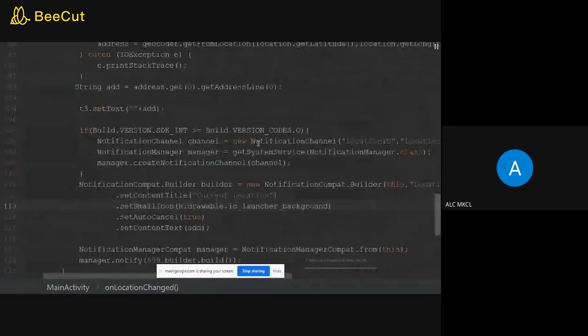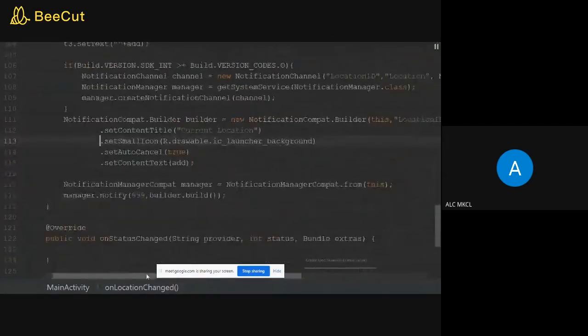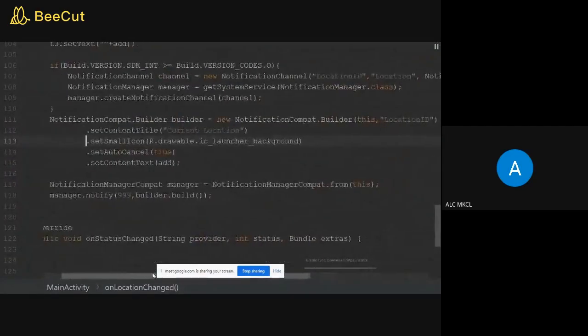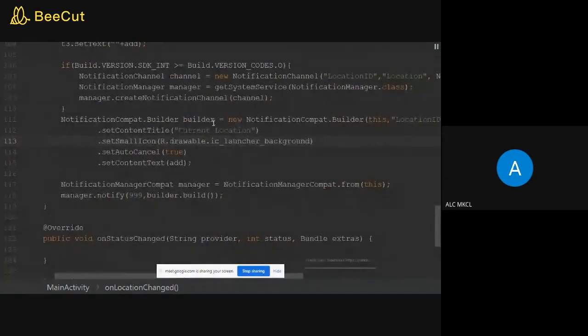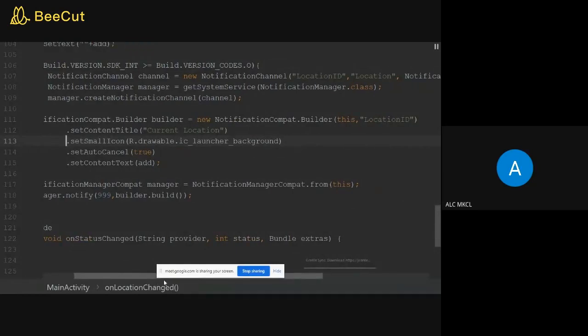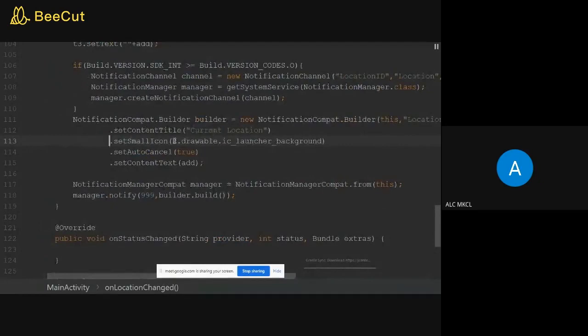Okay, this is all about the notification manager. How to write the notification compat dot builder is equal to new notification compat builder. This location ID. You need to set the content. You need to set the icons. You need to set the auto cancel, and you need to set the text.